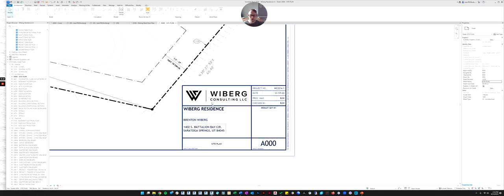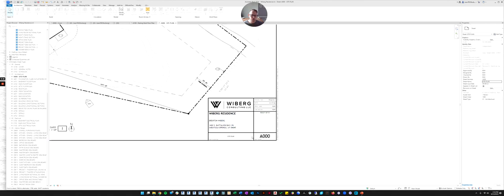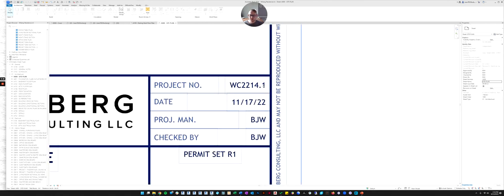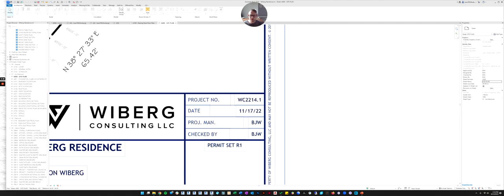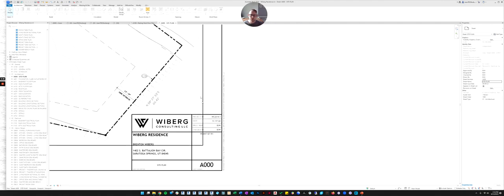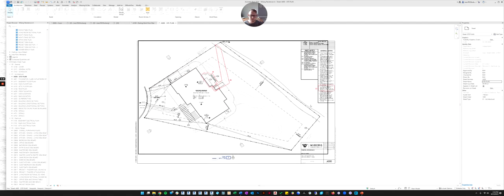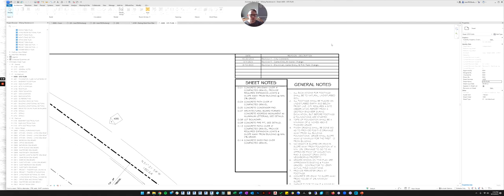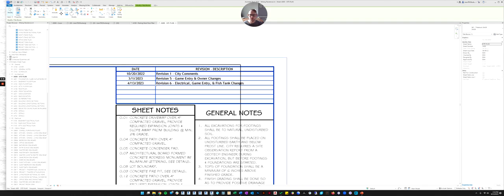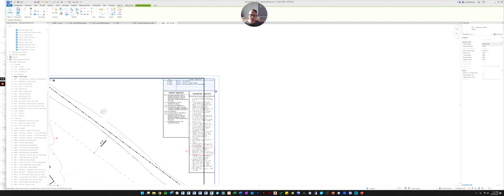There's my company logo, there's the name of the project, the owner of the project, which is me because this is my house, the address, and then the name of the sheet, the number, and then you can see this other stuff, who drew it, who checked it, the date, and the project number. And then the only other piece of my title block up at the top is the revision schedule. So each time something was revised, it was put in here.